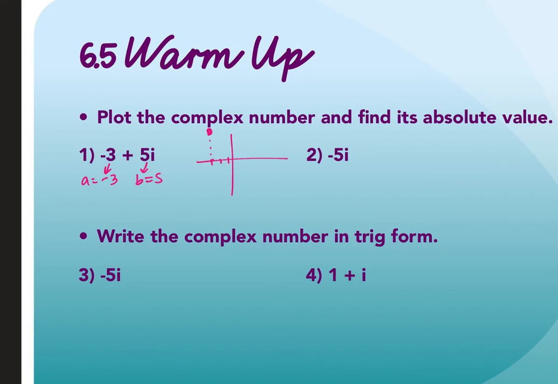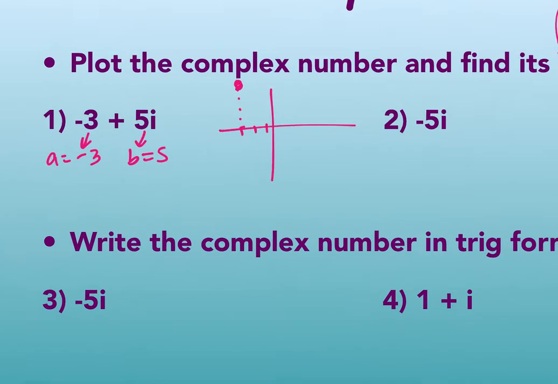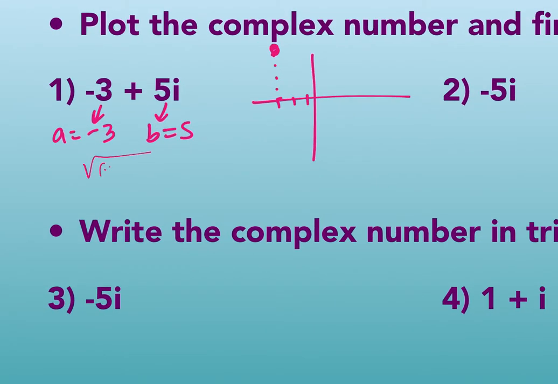To find its absolute value, we do the square root of A squared plus B squared. So I'd get the square root of -3 squared plus 5 squared, square root of 9 plus 25, which is square root 34. That only breaks down to 2 and 17, which would be prime, so it's going to stay